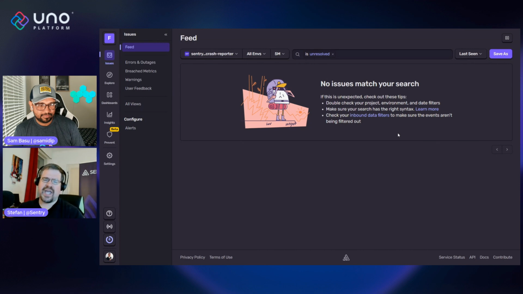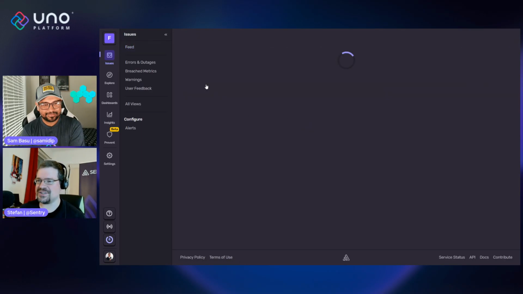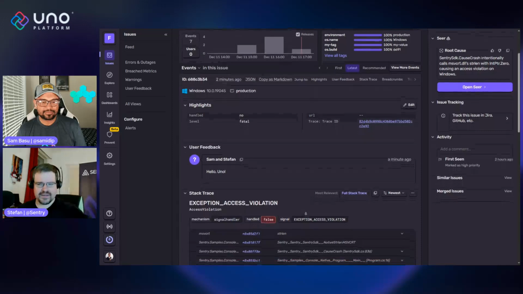Now you could also have custom alerts that send you a Slack message or an email or something else notifying you that a specific crash with some parameters has happened. And well, if the demo goats are good with us, and here they are, so we now got this crash reported here. And we can see again a lot of the information that we saw in the crash reporter